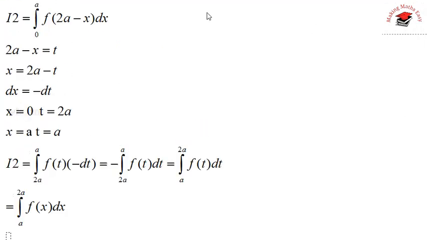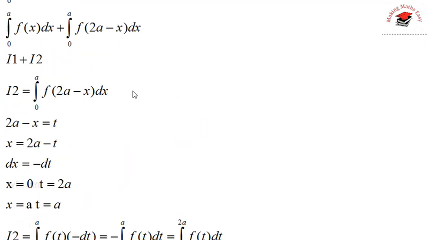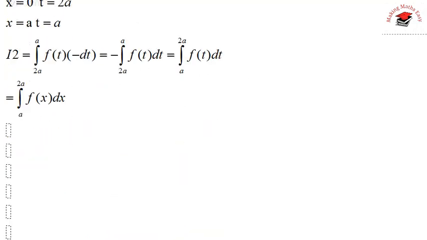I1 we are not going to change because we are going to prove the function. So the value of I1 is integration of a to 0 f of x dx, and the value of I2 is integration of 2a to a f of x dx. So my combined equation I will be equal to integral of